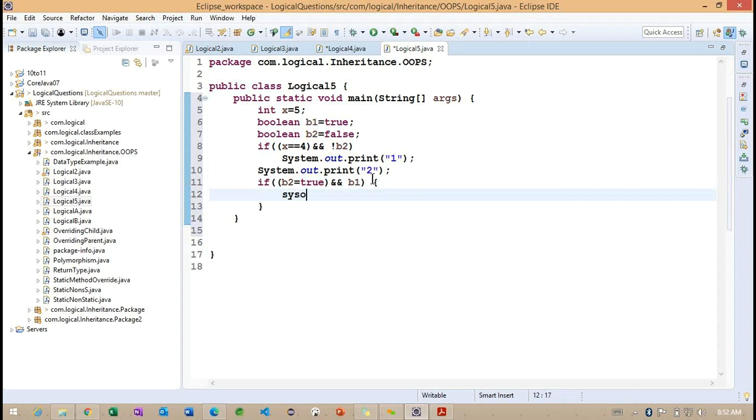So I want to print this particular value. So what are the outputs we are going to get here?